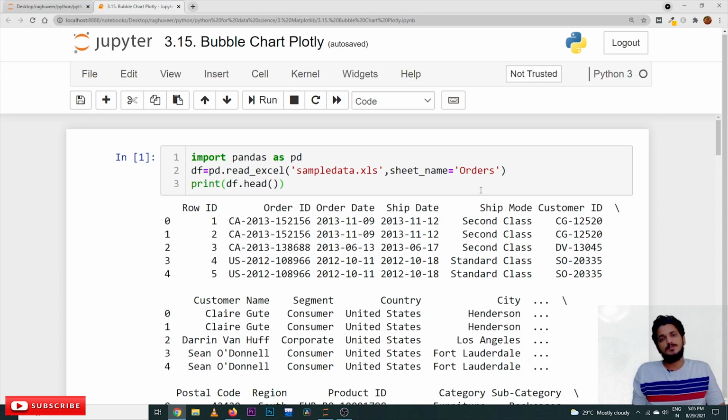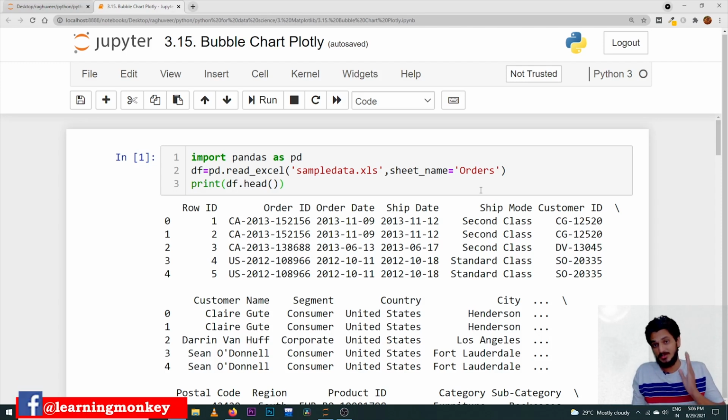Coming to today's class, bubble charts are similar to scatter plots. The same way we use scatter plots, the same thing will be applied to bubble charts also, but according to the sizes, the points in the scatter plots are considered as bubbles here. We can increase the size of a bubble according to the data. That is the benefit we get from a bubble chart.